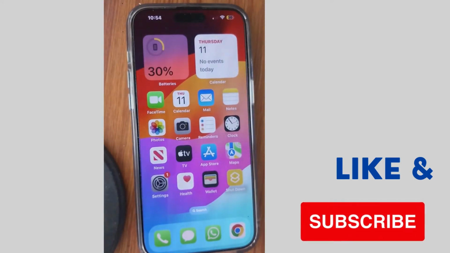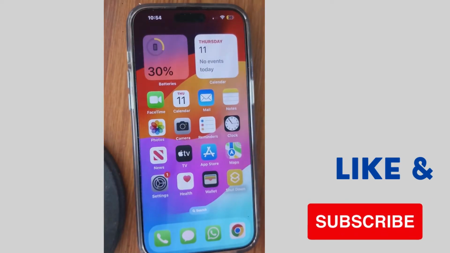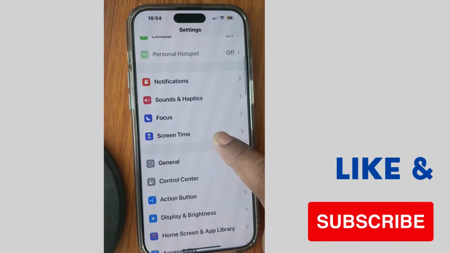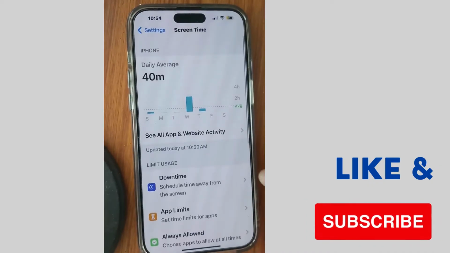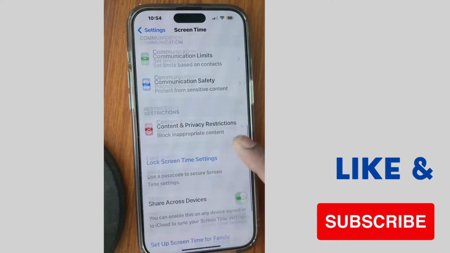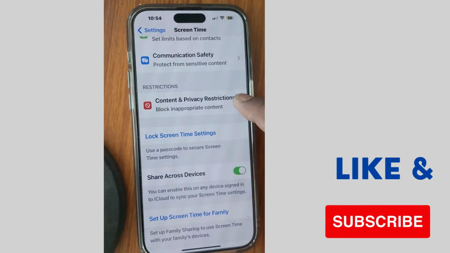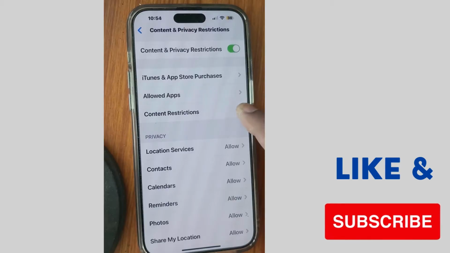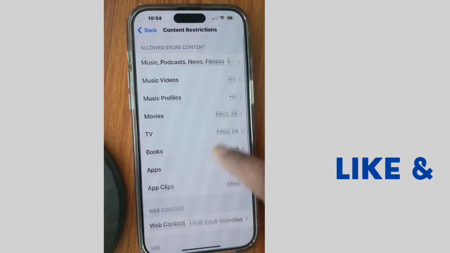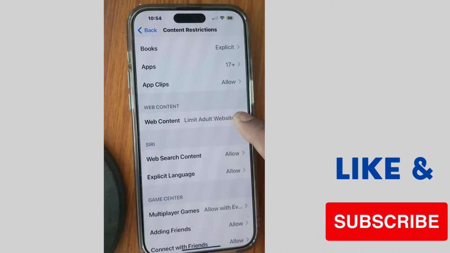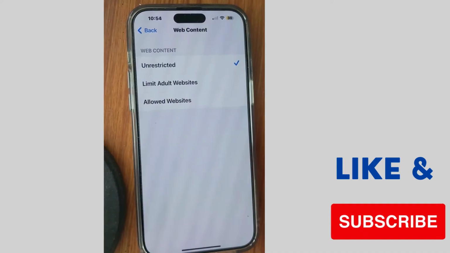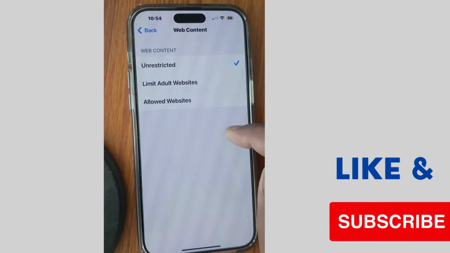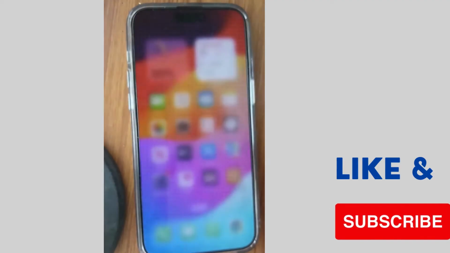Thereafter on the same page look for extension, go to settings and go to screen time and here go to content and privacy restrictions and scroll down, content restriction, tap on it and here scroll down and tap on web content and make sure that unrestricted is selected, and after sometimes if your error resolved, again you may enable limit adult websites